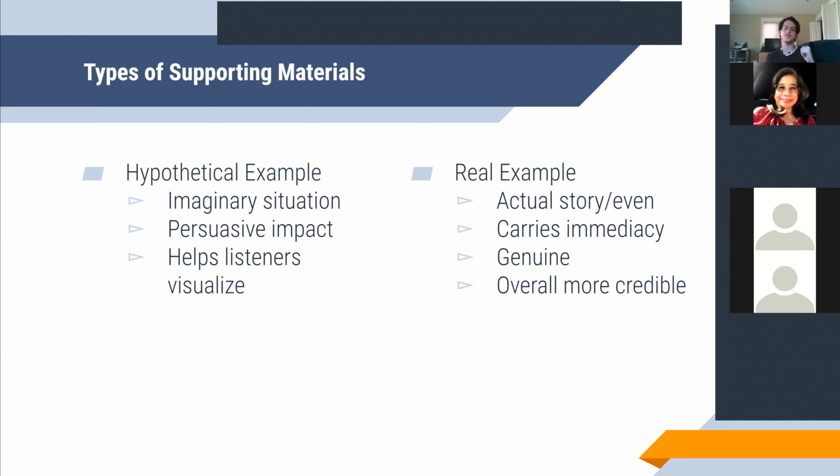The first, of course, is the hypothetical example. The hypothetical example is something that didn't actually happen. You're inventing an imaginary situation that helps the listeners visualize themselves in a situation they've never been in before. The hypothetical doesn't mean that it had to have happened, but it's there so that the audience can actually begin seeing something, put a visual frame of reference to the words you're putting out there.